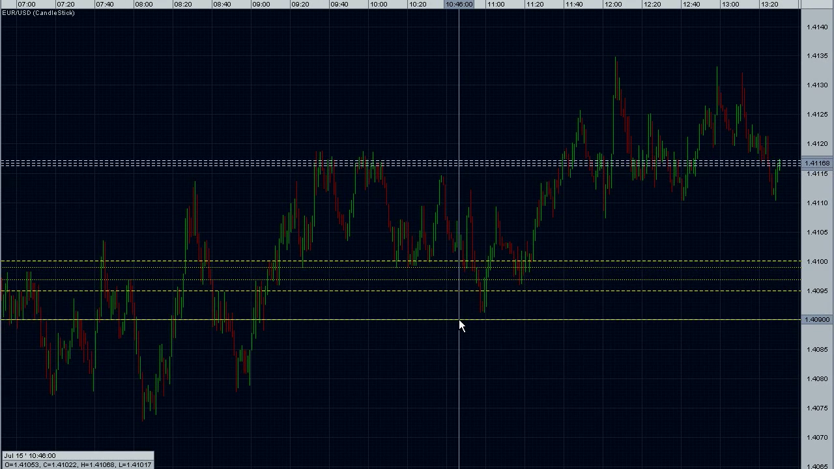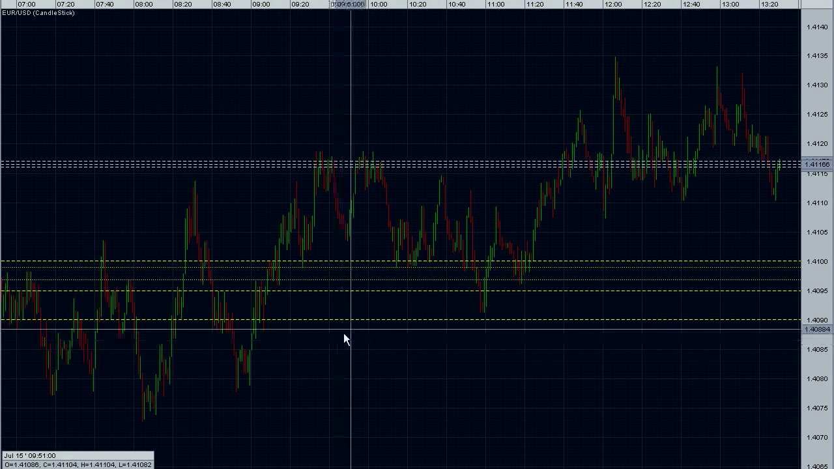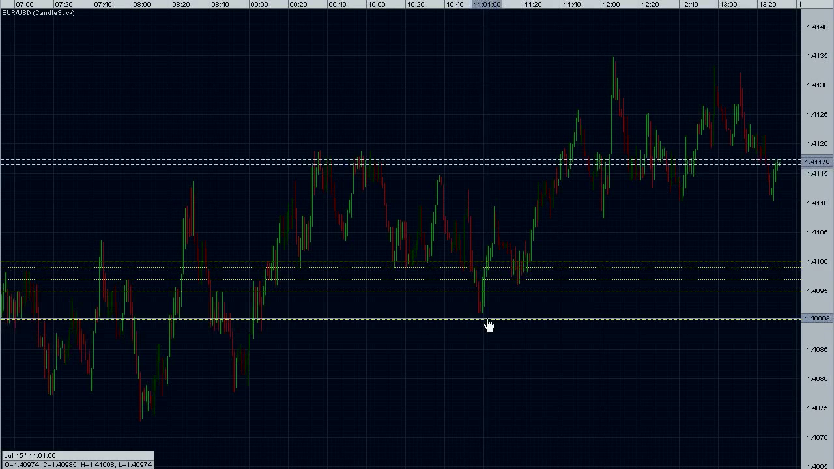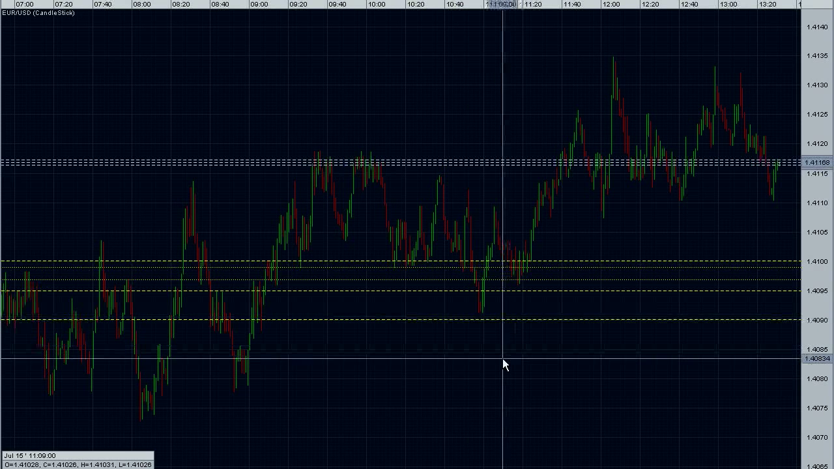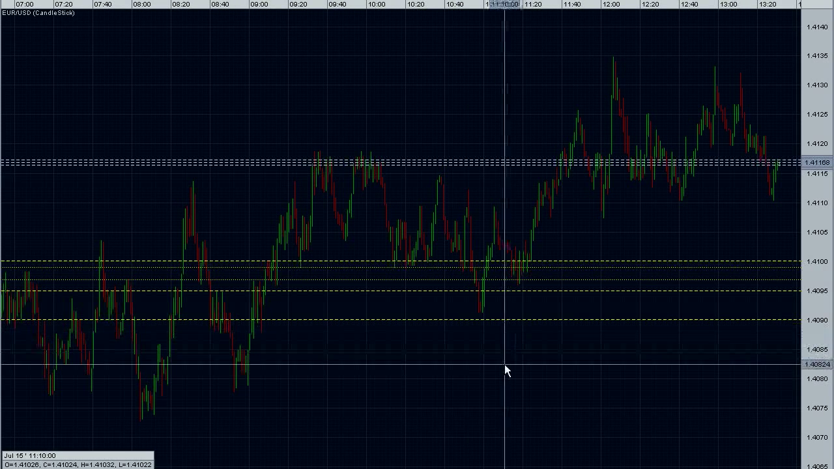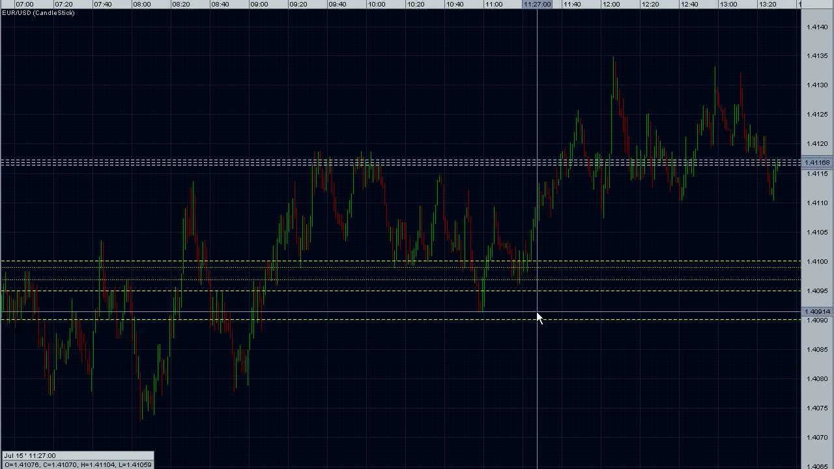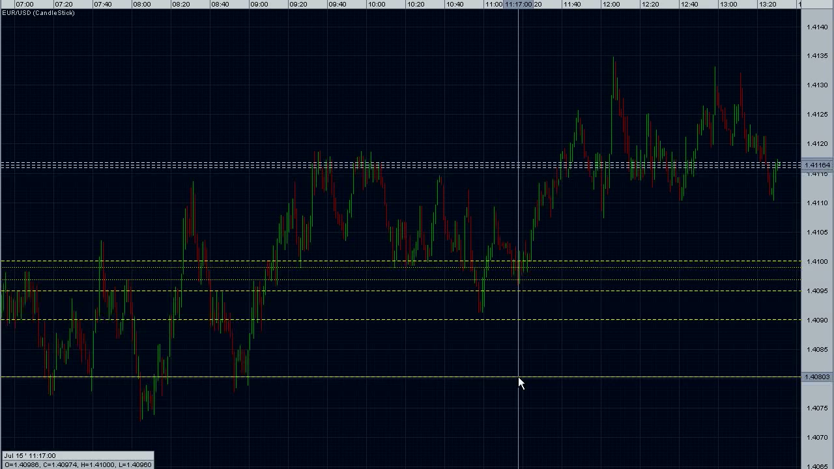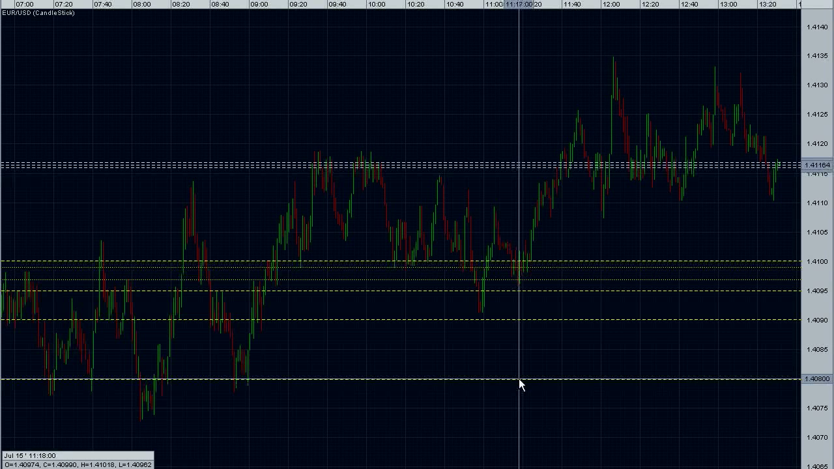And then there's another level here at 40900. Okay, and that one's another medium to heavy, probably more medium support level. So I will make that a dashed line. And let's see here, we got another one right about there,